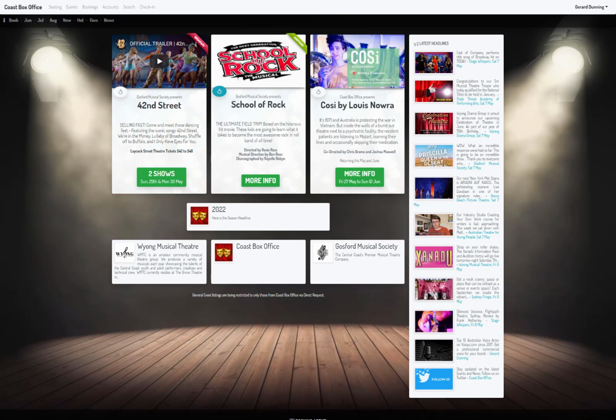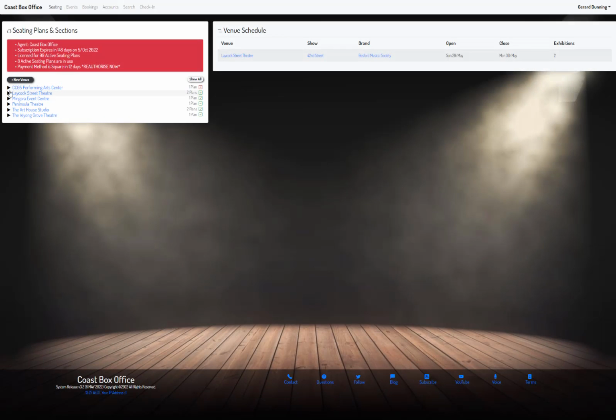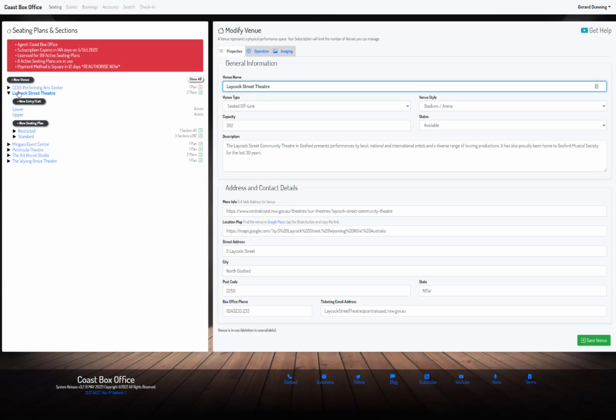In this video, we're looking at managing capacity. And this comes down to actually controlling the number of tickets that are available for any event, or more specifically, an actual exhibition of an event. First thing we just want to revisit is the actual capacity of venues themselves, and we can see we have